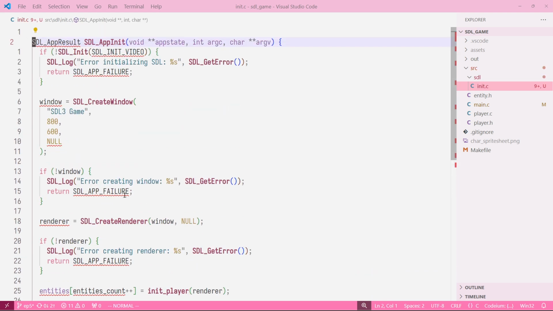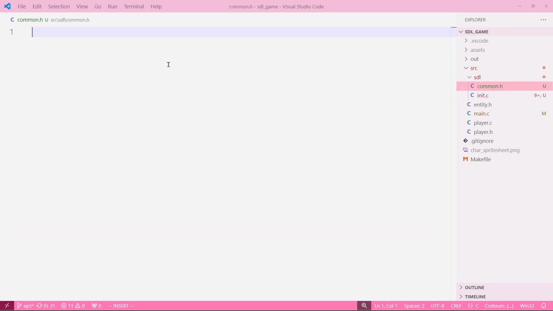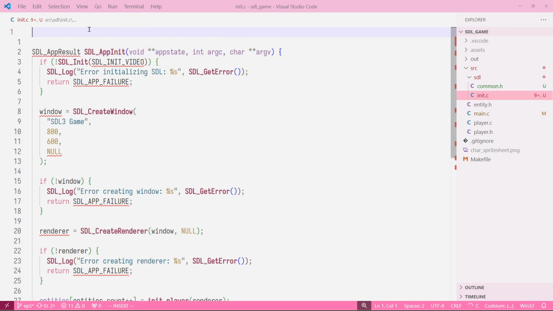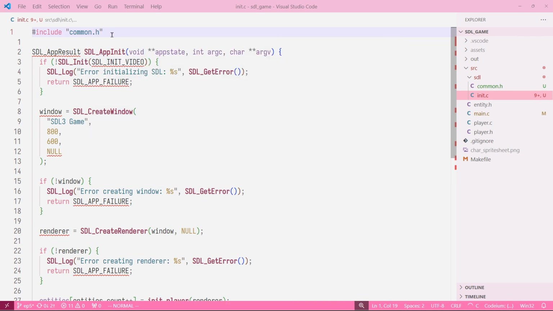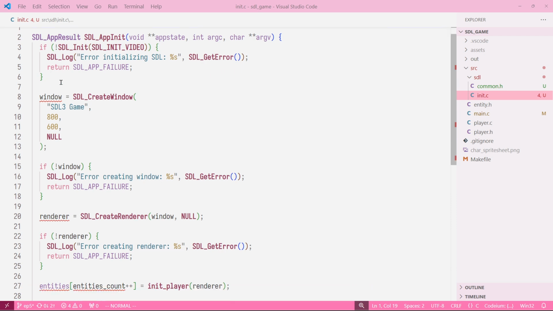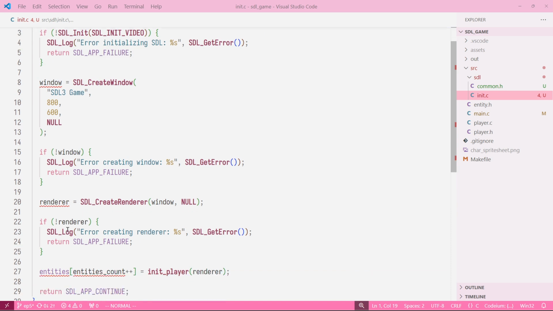As you can see, there's many errors. That's because we don't have SDL. But instead of including it up here, we're going to create a header file. This header file is going to be called common.h. And here we can just say include SDL3 and include the header file right here, include common.h. Perfect. That fixes all the issues with SDL,